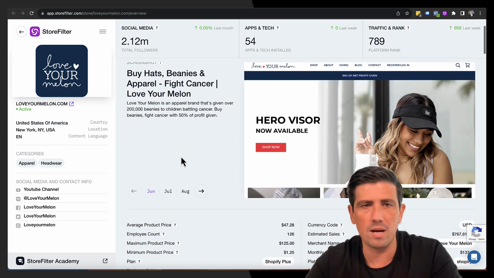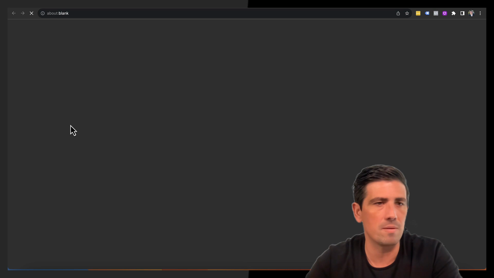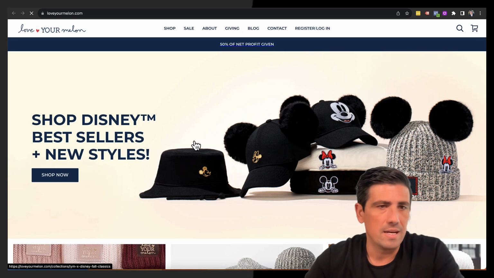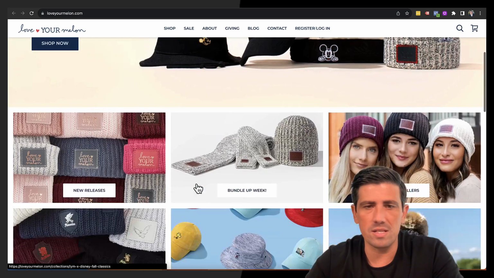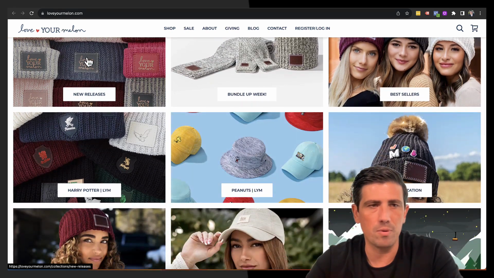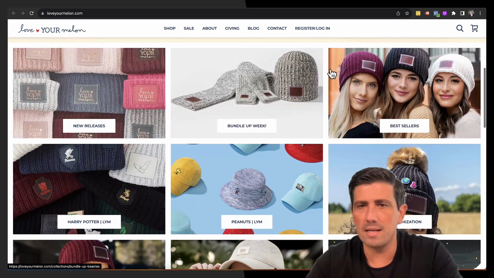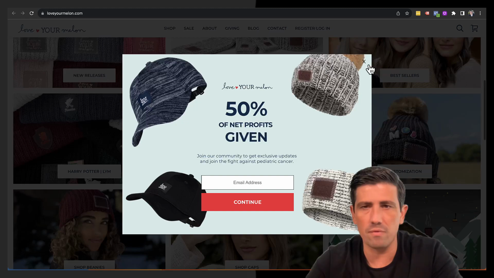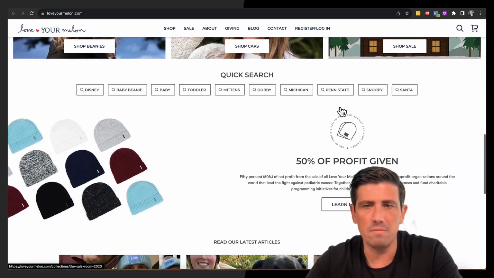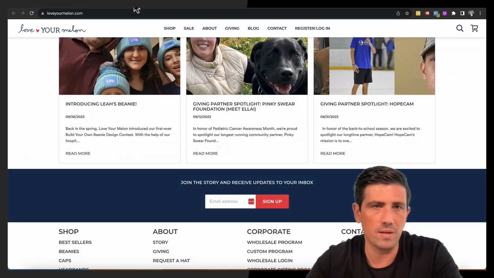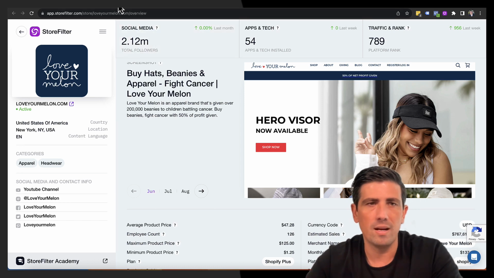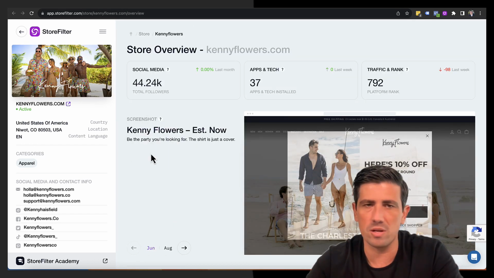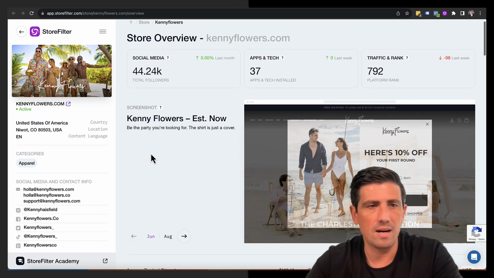Beanies and apparel. So let's look at this company. Interesting. So they got a licensing deal, looks like, with Disney, and then they're putting your different names and different things on hats and beanies. Beanie sales are really big this time of year. It's starting to get cold. If you want to source some beanies, I could show you some really easy ways to do that. But again,